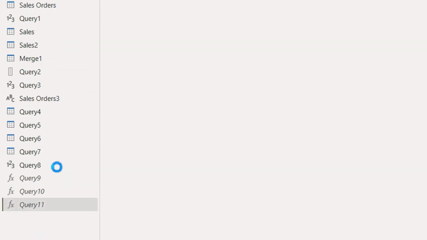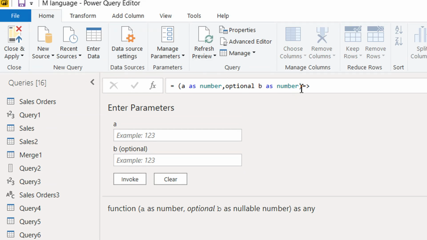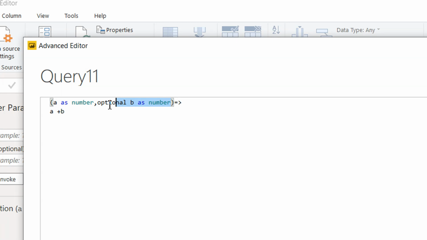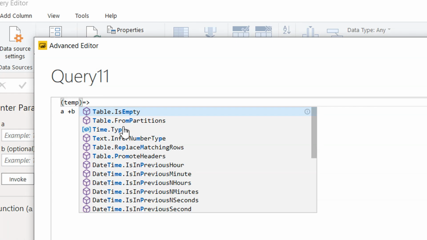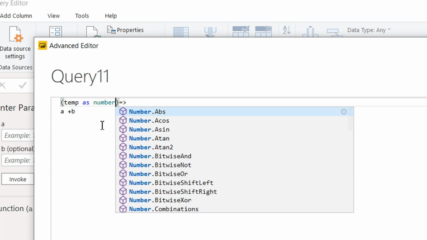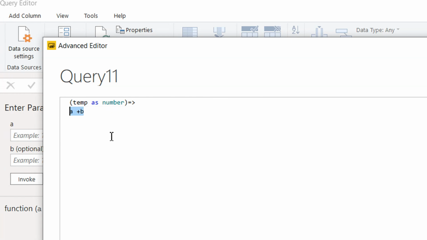and so here we can add one parameter. For example, if I say temp as number, and then I need to write here. So this is because we have declared this function here, and now we have to define it here under let. So I will say result is equal to, this is a variable, and here